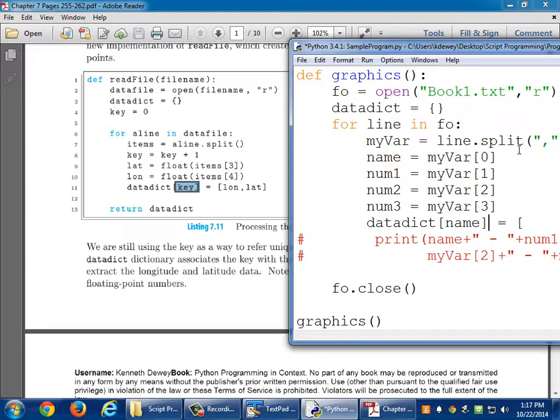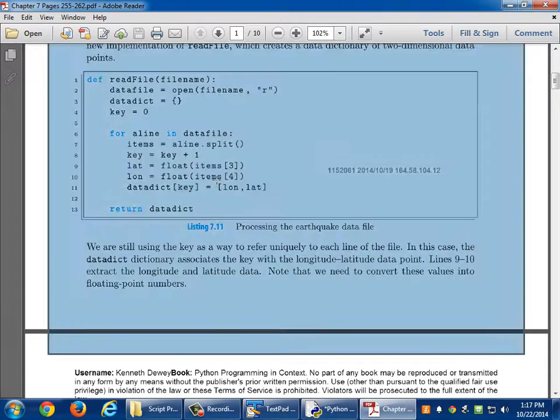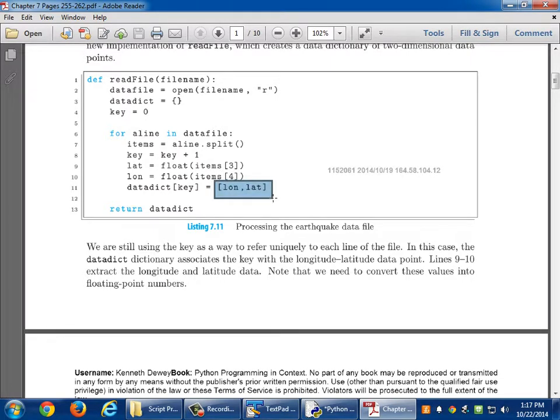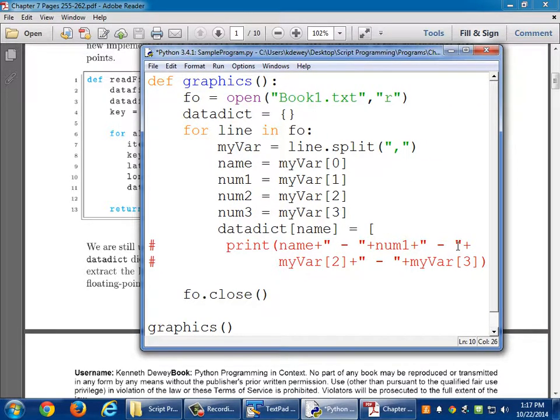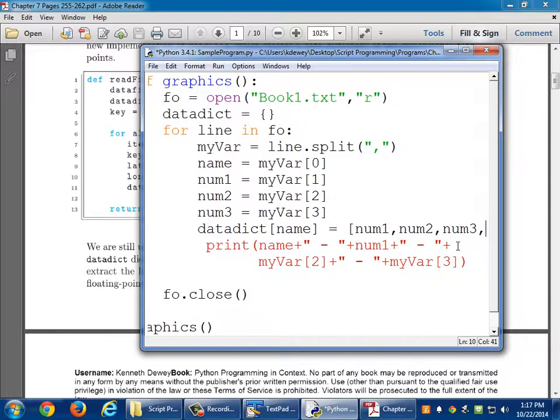Now, in their example here, they have lon and lat. What they're saying is they have a data dictionary that's keyed on a number, and the values to go with it are the longitude and latitude. So yours is going to be similar to that, but you also need magnitude and stuff like that. So for ours, we need to change it. What would we want to put in ours? Number 1, number 2, exactly. Num1, num2, num3. So if I did num1, comma num2, comma num3, comma num4,